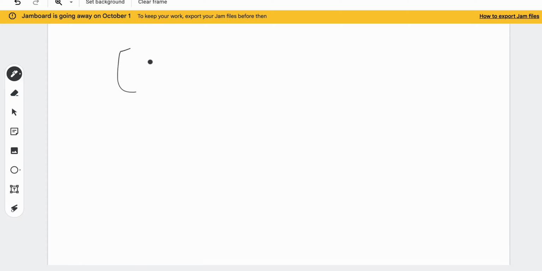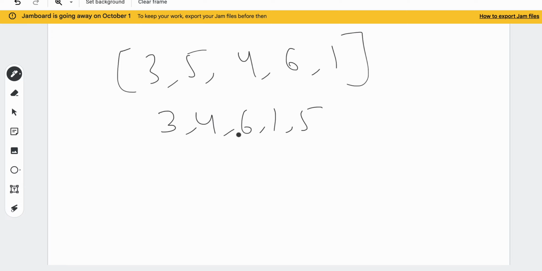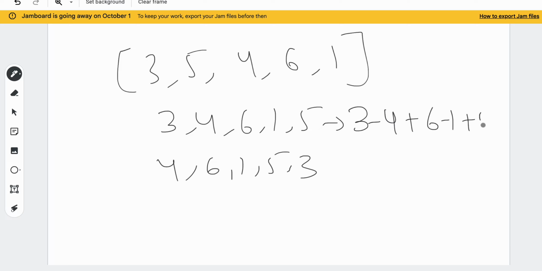Suppose this is one array, 3 5 4 6 1, right? We can rearrange the elements as we want. Means we can do it like 3 4 6 1 5 or 4 6 1 5 3, right? We can do the rearrangement in any way we want. But what we want is this sum, that 3 minus 4 plus 6 minus 1 plus 5,